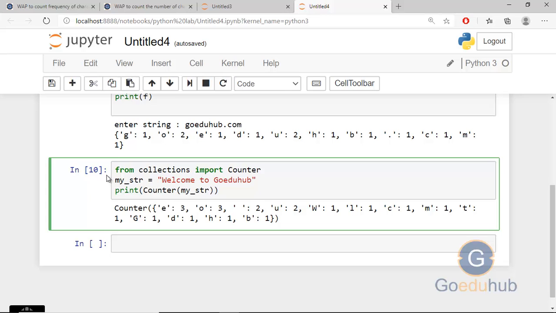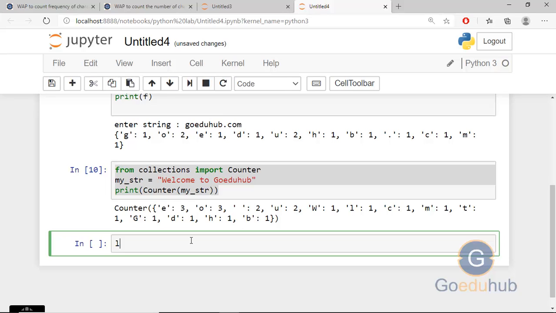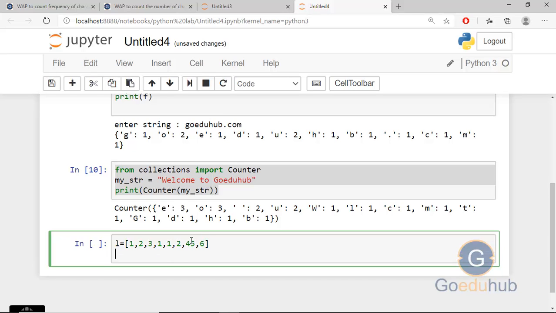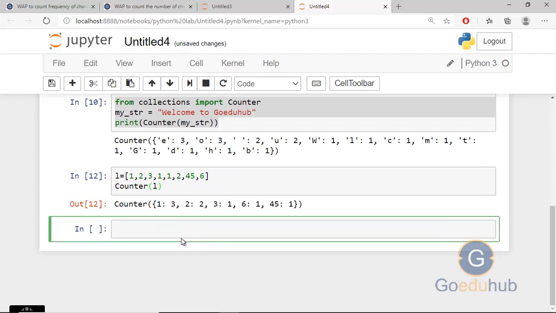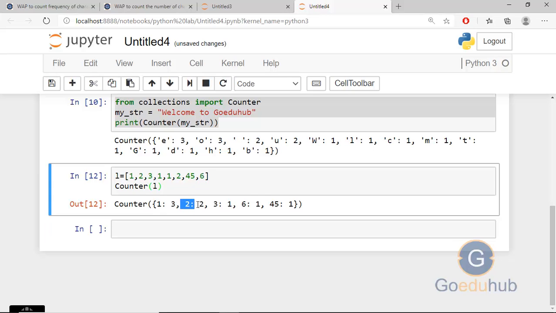We can take another example for the Counter. We can take a list in place of a string. I'm taking a list with some repeating values and passing this list to the Counter, and you can see the output: 1 is repeated 3 times, 2 is repeated 2 times, and the remaining elements are repeated 1 time.